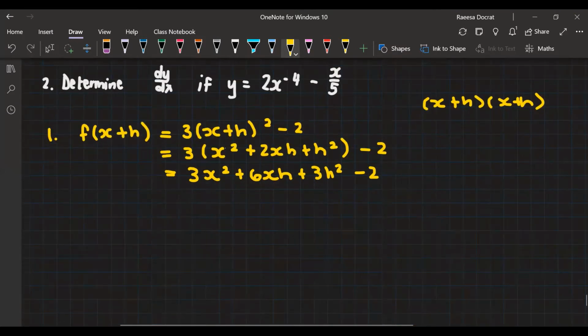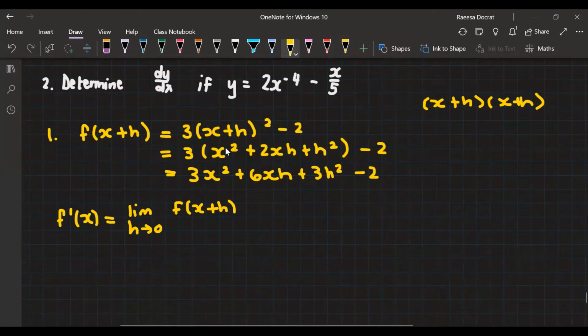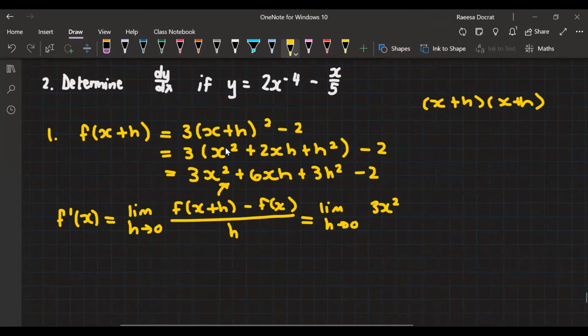Okay. The next step is to then put in our formula for the derivative. So our derivative from first principles is the limit as h tends to 0 of f of x plus h minus f of x all over h. This is equal to the limit as h tends to 0. In the place of f of x plus h, I'm going to write this expression that we got. So we have that it is 3x squared plus 6xh plus 3h squared minus 2